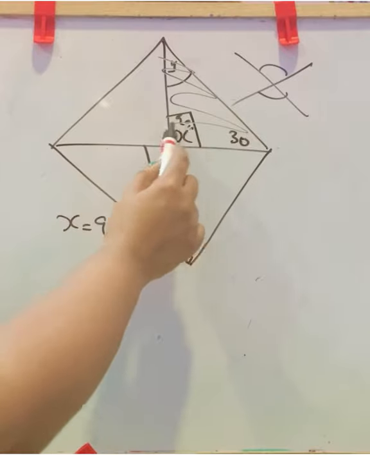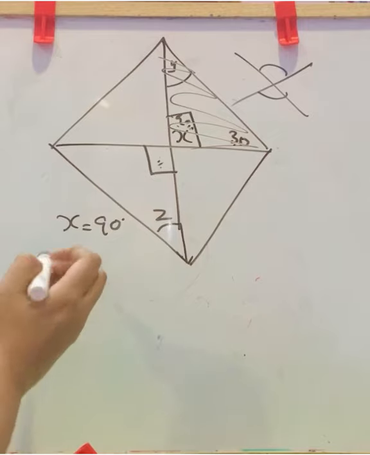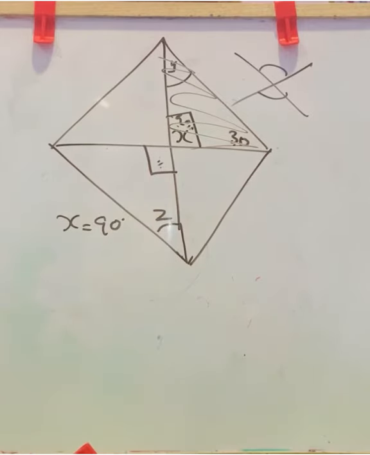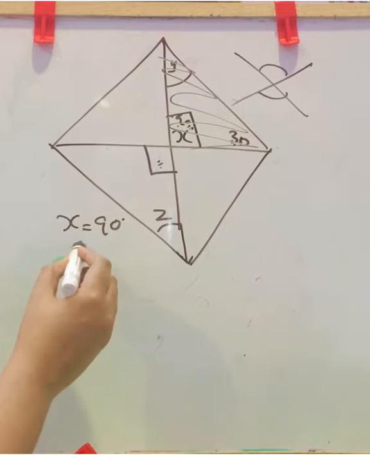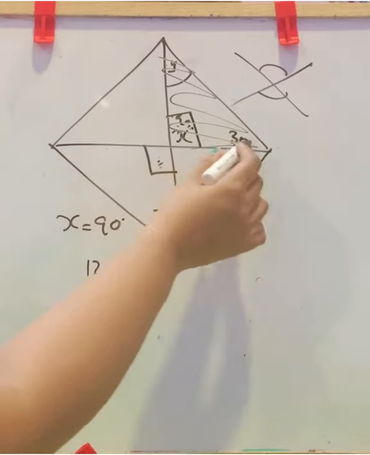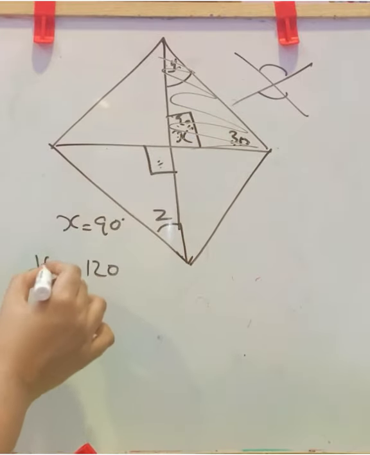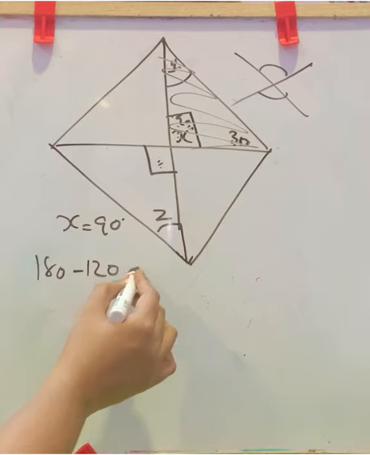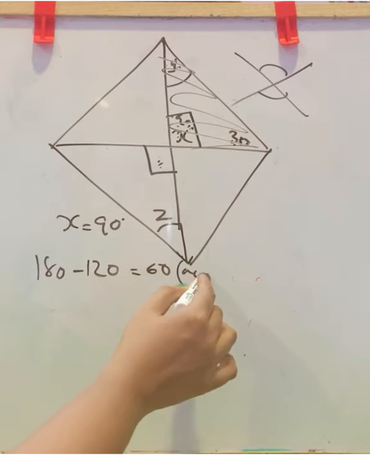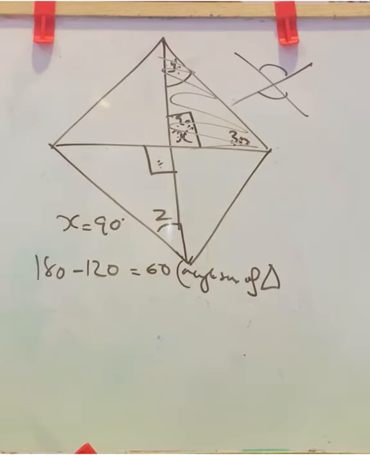Here we can find a triangle. In a triangle we know two angles, so the third will be, that is, the sum of three angles in a triangle is 180. Angle sum property of a triangle. So let us add these two angles first. 90 plus 30 is 120. Now the sum of these three angles will be 180. So 180 minus 120 is 60, because of the angle sum property of a triangle. These three angles sum to 180. So we got x and y here.